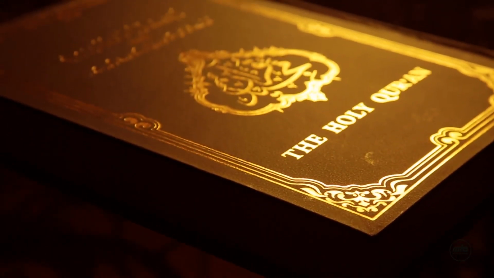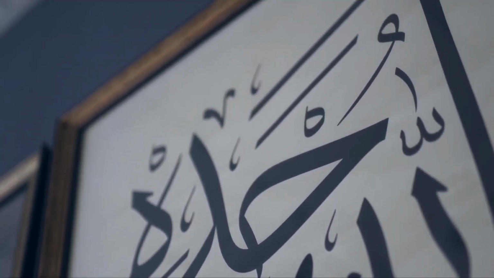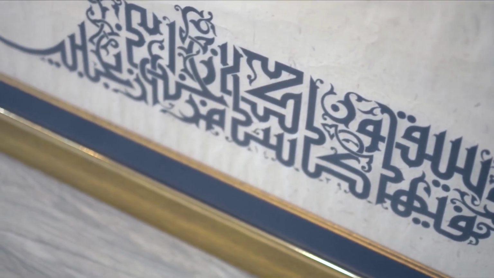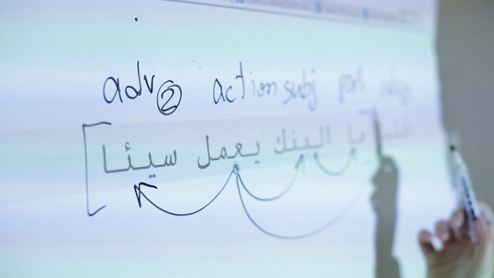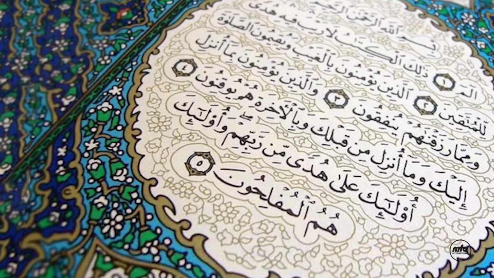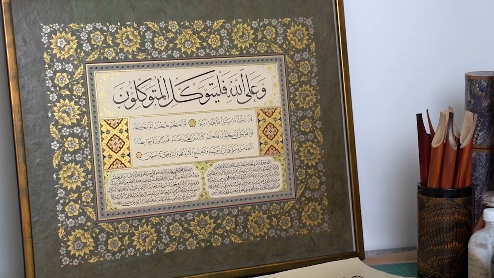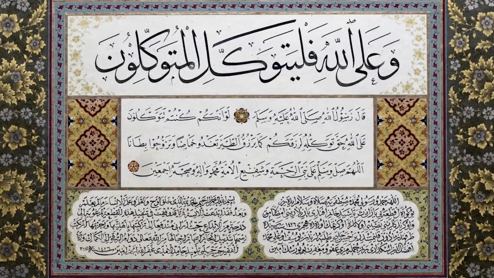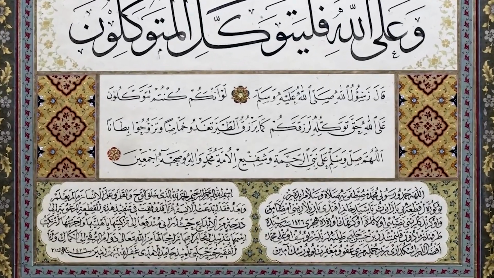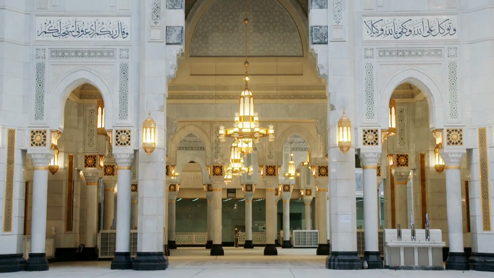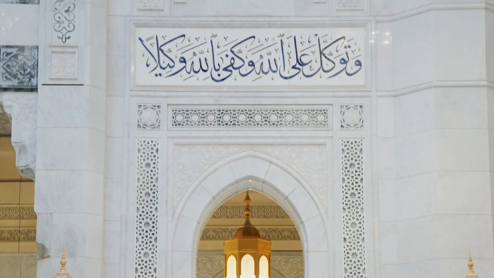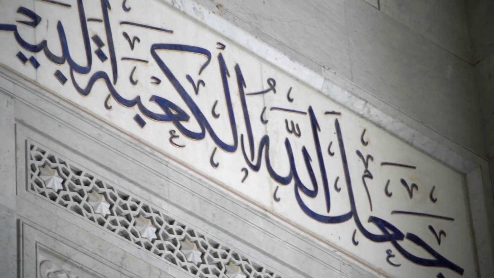And then later on, variations from that, changing the shapes, making them longer or thinner, and other variations. A lot of geometry is used in it as well. There are defined scripts to be used for certain things. For example, if you want to write the Holy Quran, you must use Naskh, or it is very important to use the script of Naskh. Then later on, because the mosques were very large and you needed a larger text, another style emerged, which was Sulus, and that is a longer and larger version of Naskh. Everything came out of Kufi and Naskh.